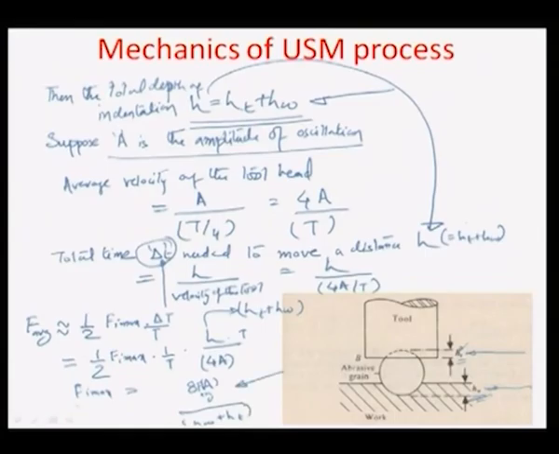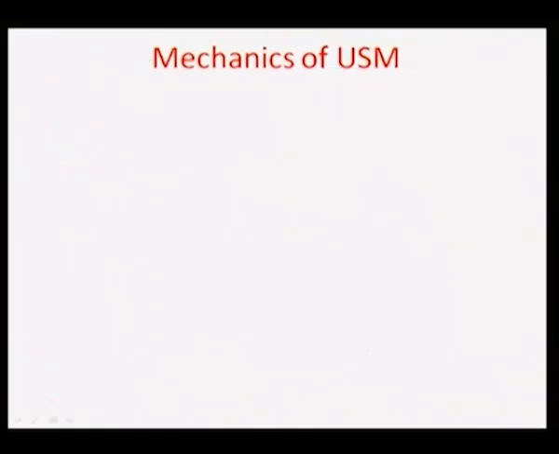So, that is how you calculate the maximum force coming on the tool head, and then try to do something to equate this force per unit area of the indentation to the ultimate flow stress of the material. So, let us actually try and do that